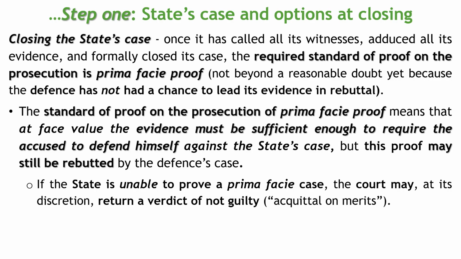Now, this is quite an exceptional situation because usually at the outset, before the state starts to prosecute, they need to have made that decision. We spoke about the discretion to prosecute earlier. And at that stage, the prosecution must have been satisfied that it has a prima facie case, sufficient, relevant, and admissible evidence against the accused, and that is why they decided to prosecute.